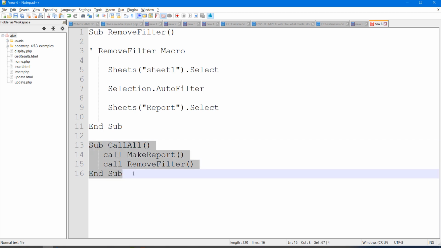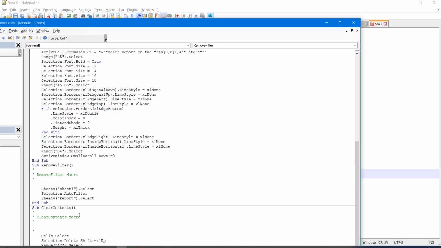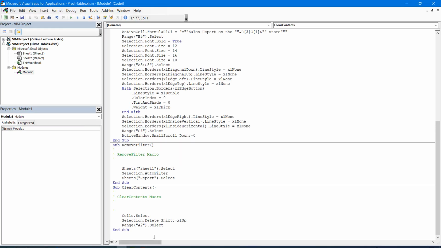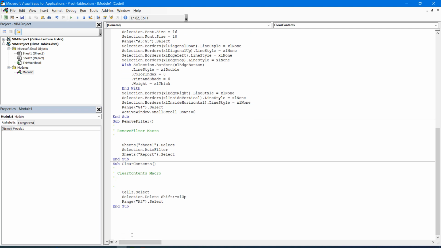Now let's copy the code from here, and I'm pasting it in the Visual Basic code editor. At the end, when we have the code for all the macros, I just paste the code.